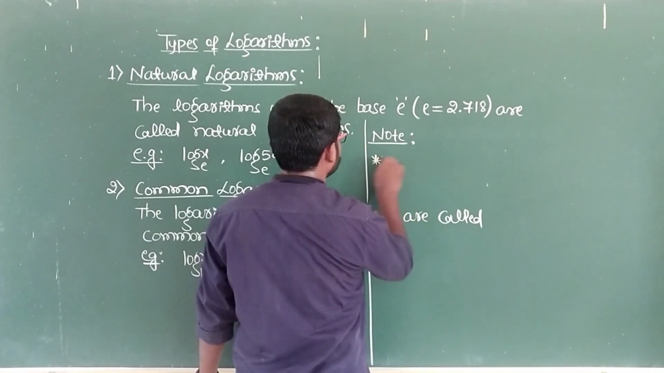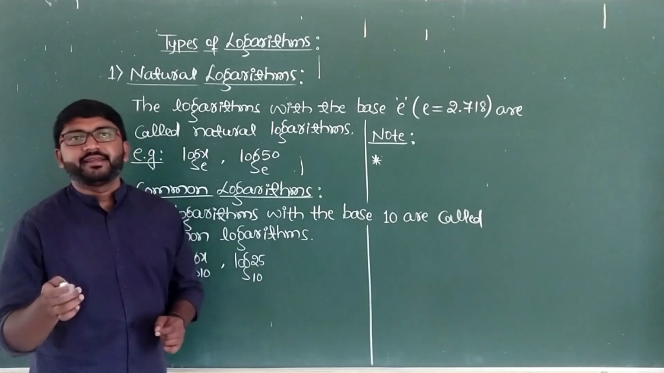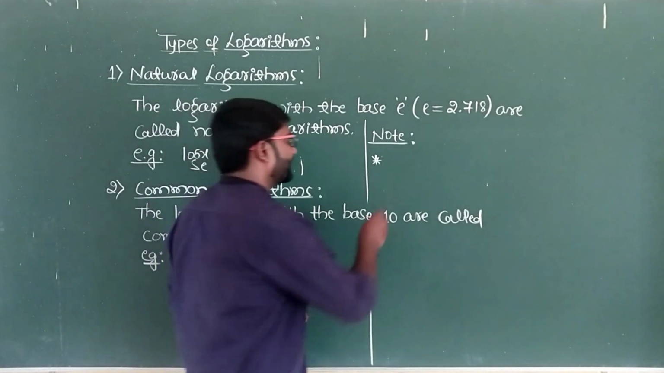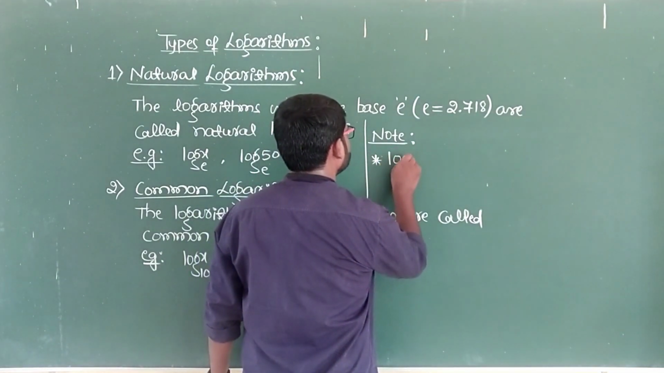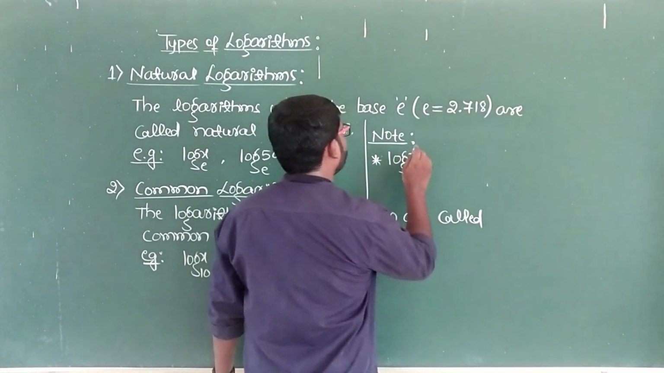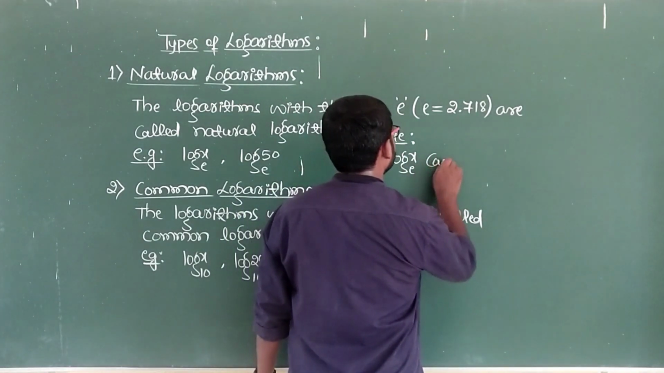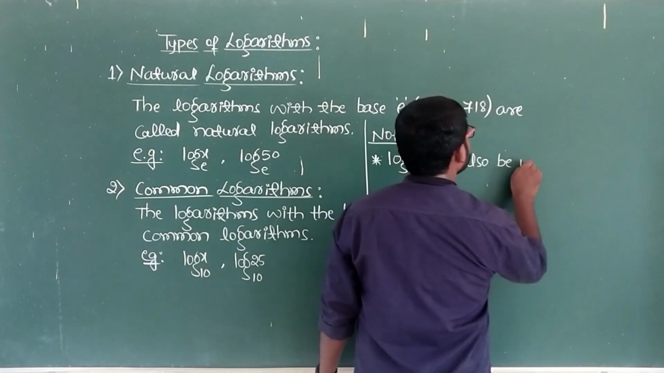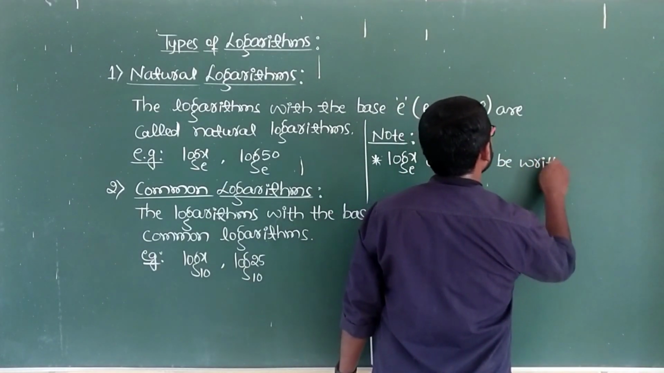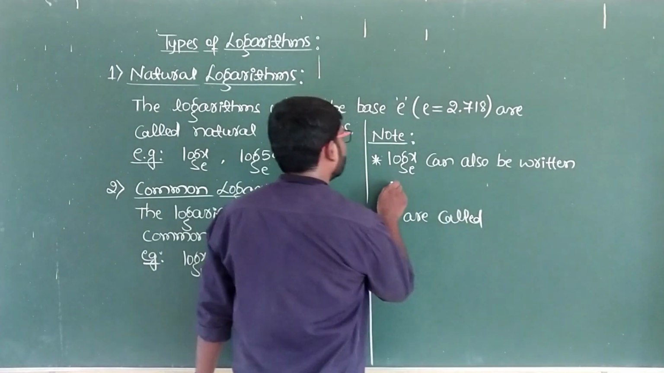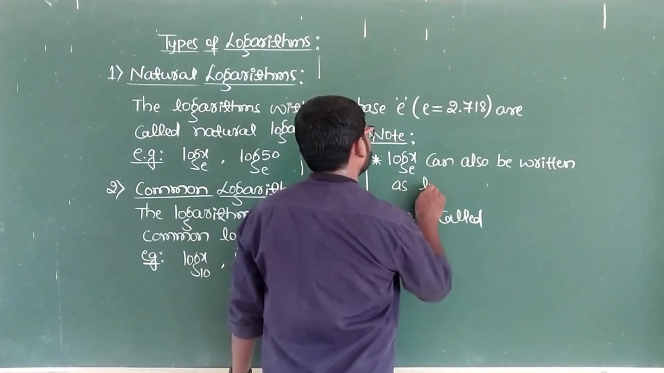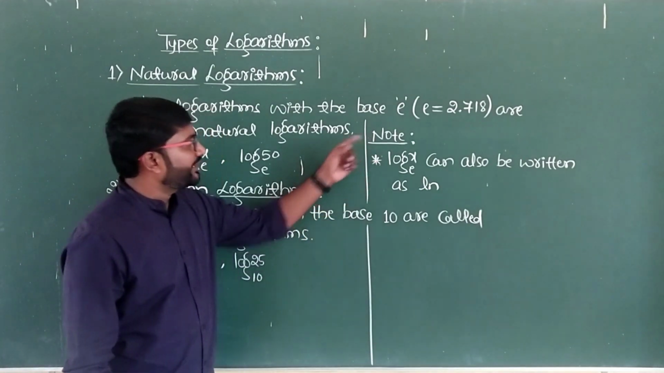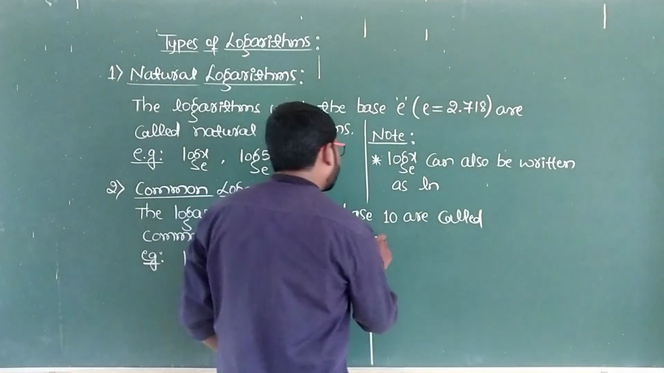The first one is log x to the base e can also be written as ln, that is, natural logarithm. This is the first point in the note. The second point is: